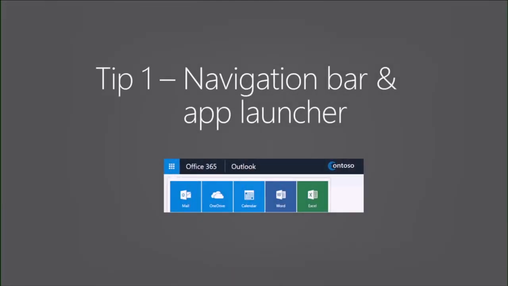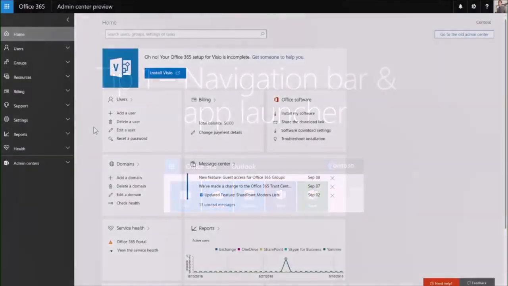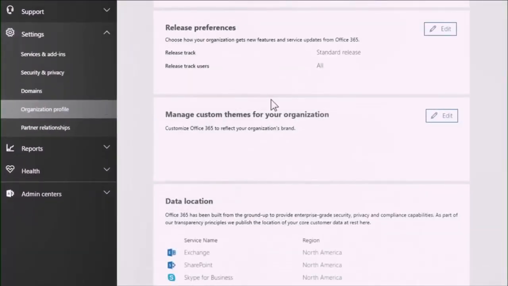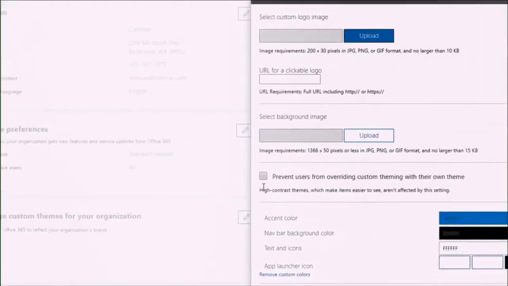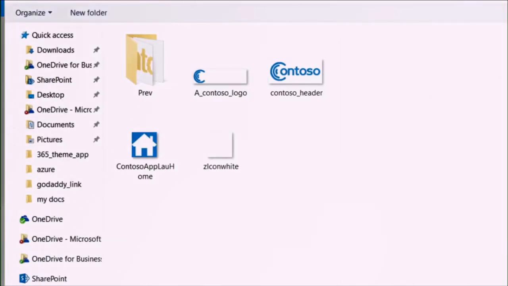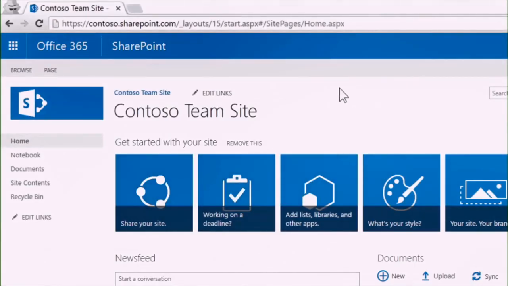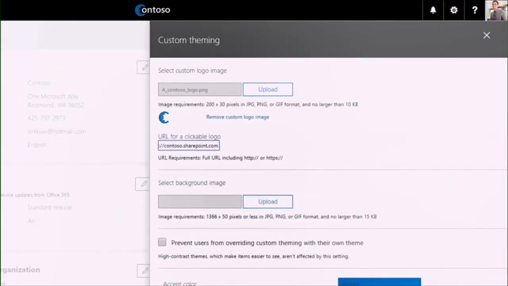The first one is the navigation bar in the app launcher. This is what appears at the top of the page throughout Office 365. To change this, you open up your Admin Center, go to Organization Profile, and Edit. We browse for our image, and then after I grab the image, I'm going to put in a clickable link. And for this, similar to what we do at Microsoft, the link goes to our intranet, our MS Web intranet. So I'll copy the address from our SharePoint team site, which is the intranet for our business, and paste it